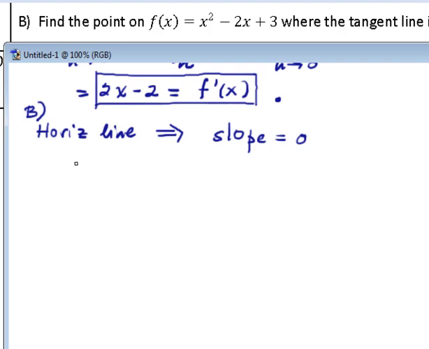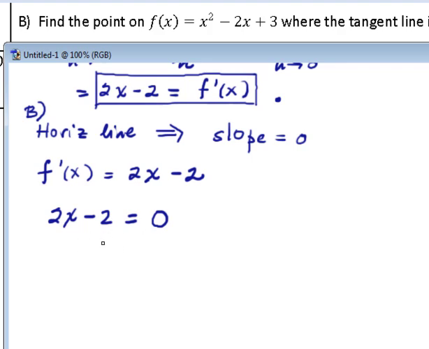Now this f prime of x is a function whose values are slopes. So we want to know, when is this function equal to 0? So we just set this derivative, or think of it as a slope function, equal to 0